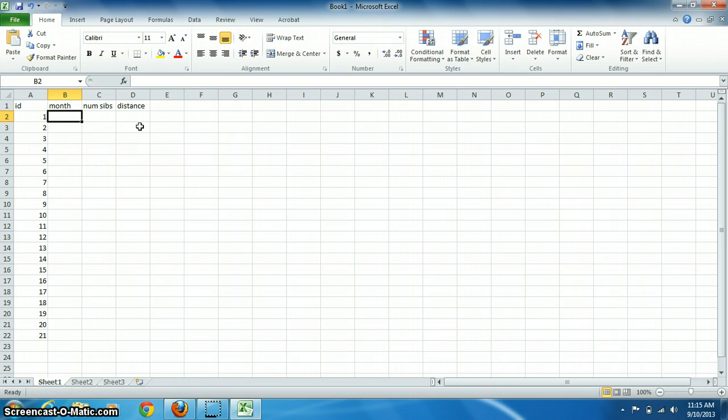And just to get comfortable entering things by hand, you enter data into a cell, and if you hit tab, it moves you one cell to the right. So if I hit 3 and then hit tab, it moves me here, and maybe 100 miles. And now if I hit enter, it moves me down to the next row, so I can easily enter more data. So I hit tab,